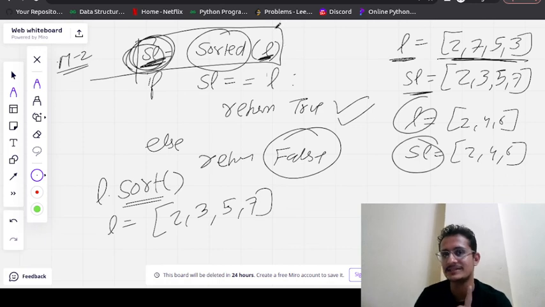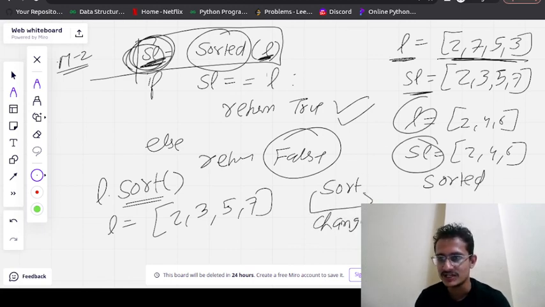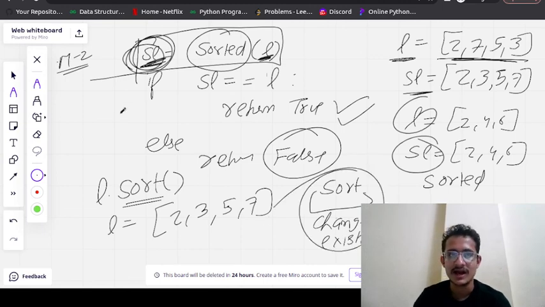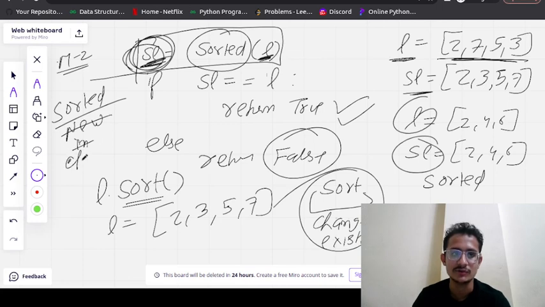L will stay the same as it is, so L is not going to change. This is the difference between sort and sorted. Sort changes the existing list, and sorted makes changes in a new list.